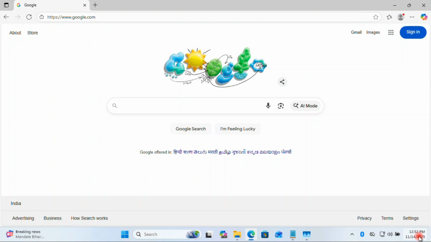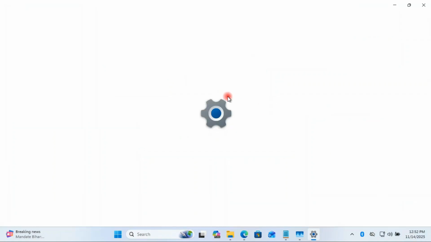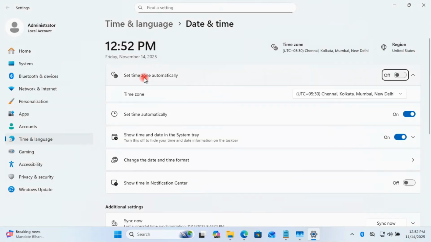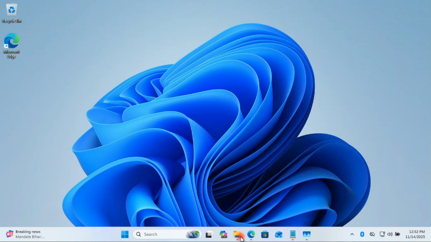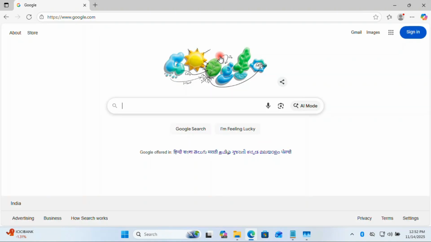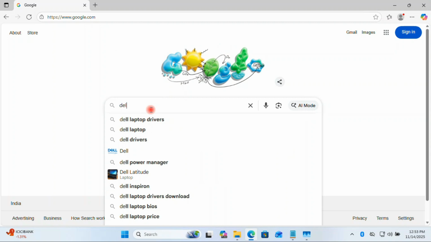Now click on the date and time, right click on it and click Adjust date and time. So guys, set your date and time properly according to your country. Okay, like the time zone, date and time should be correct here. Okay, close this window. Now guys, launch any browser and type your laptop brand name like Dell, HP and click